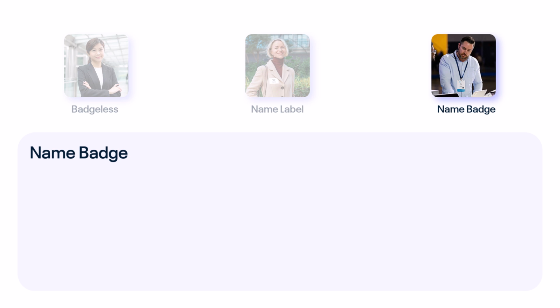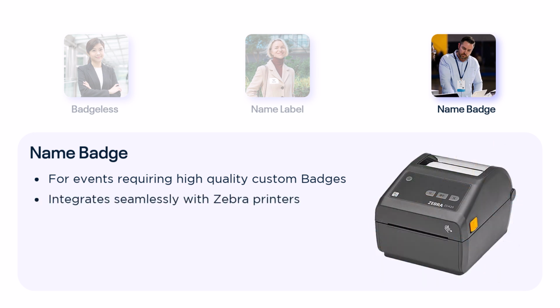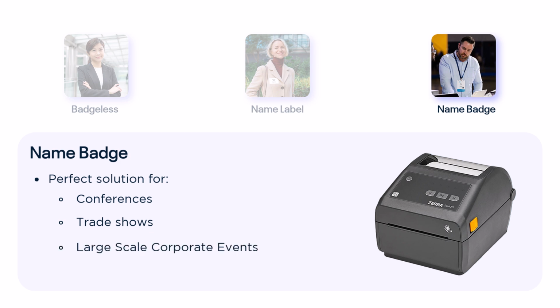Lastly, for events requiring high-quality, custom-branded name badges, Jomablue CX integrates seamlessly with industry-standard Zebra printers and is ideal for events of all sizes. This option is perfect for conferences, trade shows, and large-scale corporate events, where a polished and